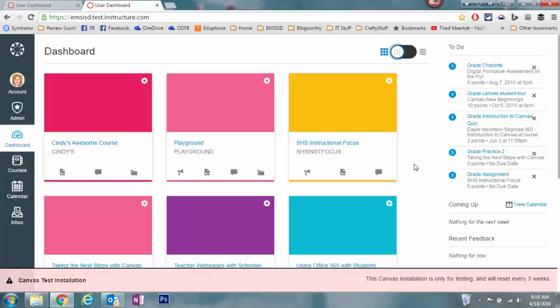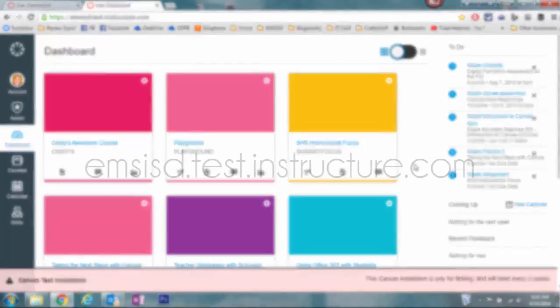The good thing about that is it gives us the ability to get in and play in this test site without the concern that the students are going to see it or that we're going to mess anything up. So if you ever want to get in and just play with a course to see how something's going to work, or right now, if you want to get a sneak peek at how this new look is actually going to work, you can access our test site by going to